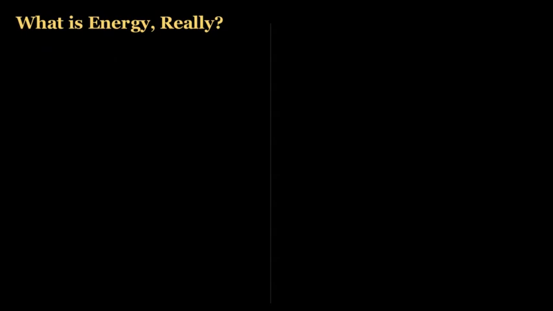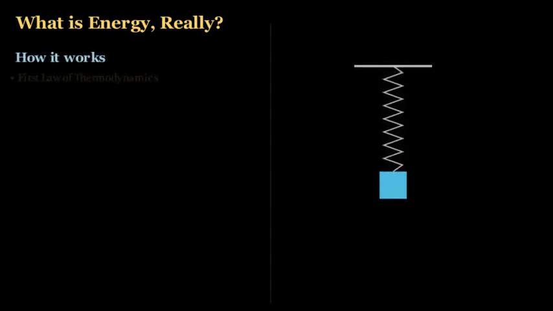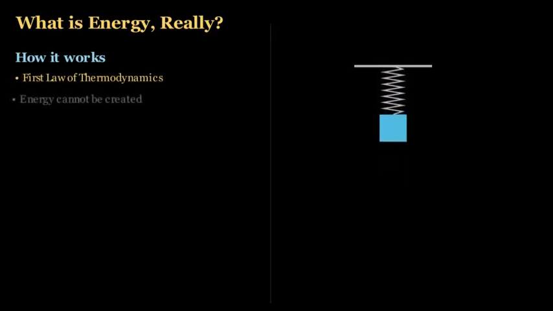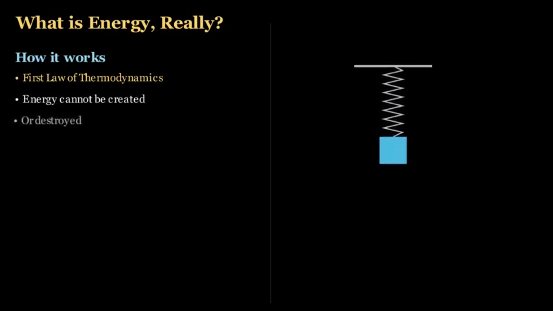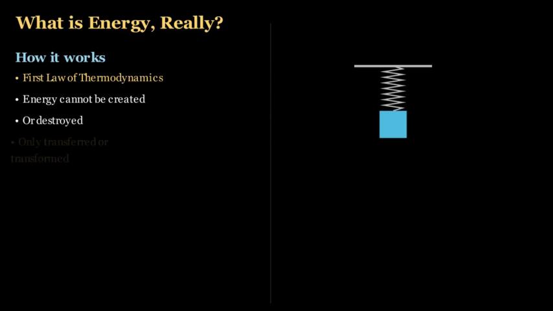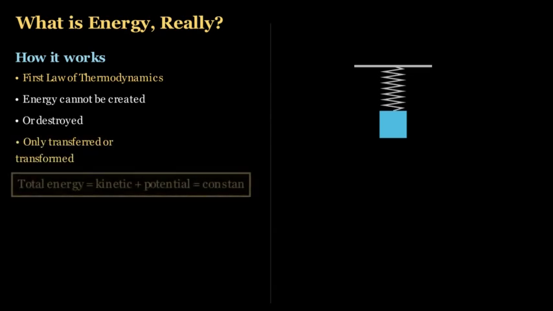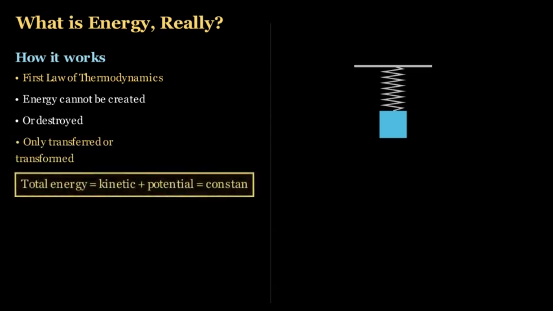The rule that governs all of this is the first law of thermodynamics. It says energy cannot be created or destroyed, only transferred or transformed. Picture a simple ball attached to a spring. When you pull the ball back, you do work on it, transferring energy from your muscles into the spring as potential energy. Let go, and that potential energy transforms into kinetic energy as the ball moves. It then compresses the spring on the other side, turning kinetic back into potential. The energy never disappears, it just changes its address.